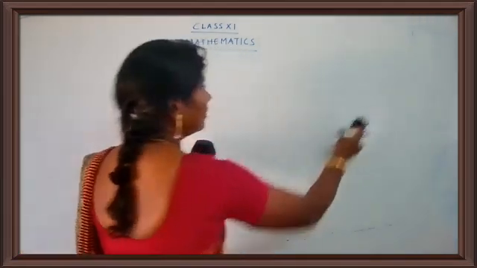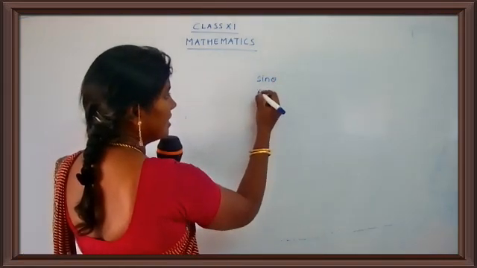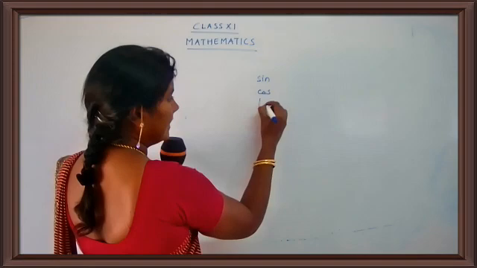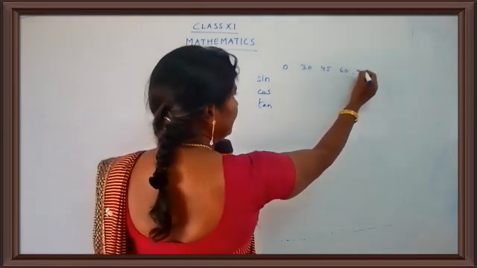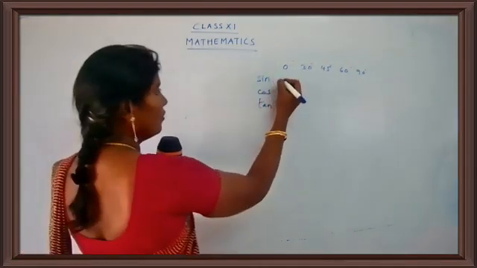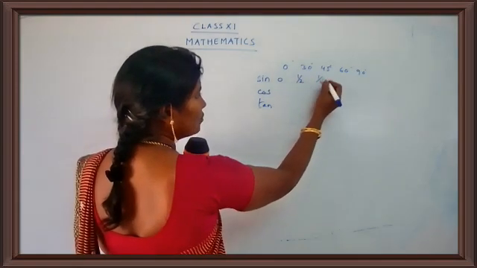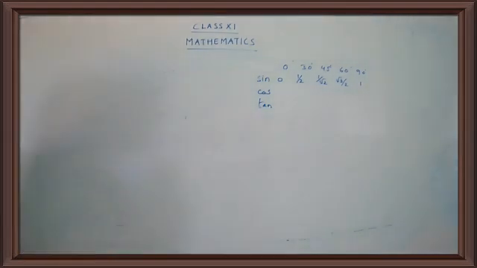So I'm just going to draw a table for my reference. I'm just going to consider 3 functions: sine theta or sine, cos and tan. This is 0, 30, 45, 60 and 90 degree. So I know the values. You have to remember the first 5 values: 0, half, 1 by root 2, root 3 by 2 and 1. So draw the table. So we have to keep this table. Whenever we do any sums, we can just refer to this table. You have 0, half, 1 by root 2, root 3 by 2, 1.